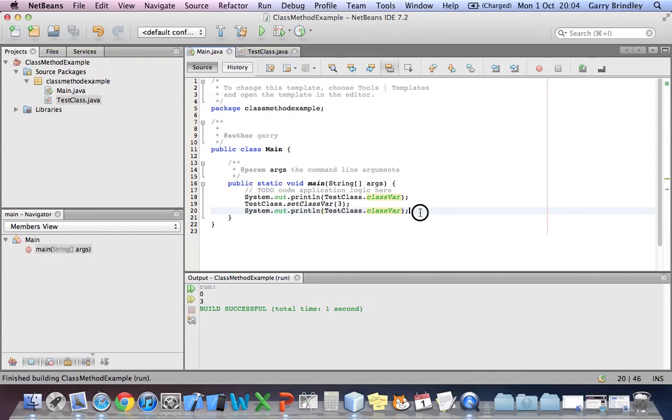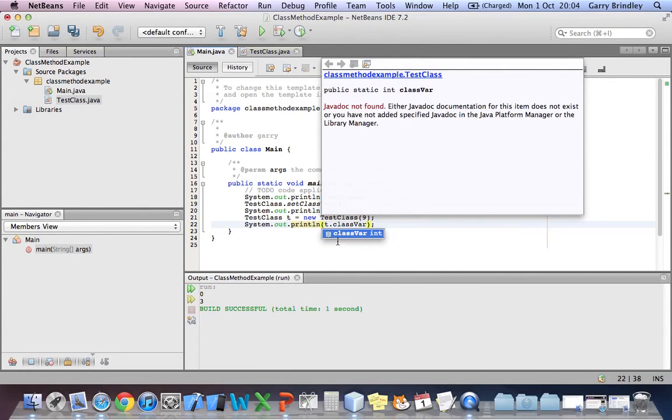I haven't actually created an instance of an object yet, but I can do that as well. You can mix these things about, so I can create a new instance of TestClass with instance value 9, and if I do sout, I can actually do t dot